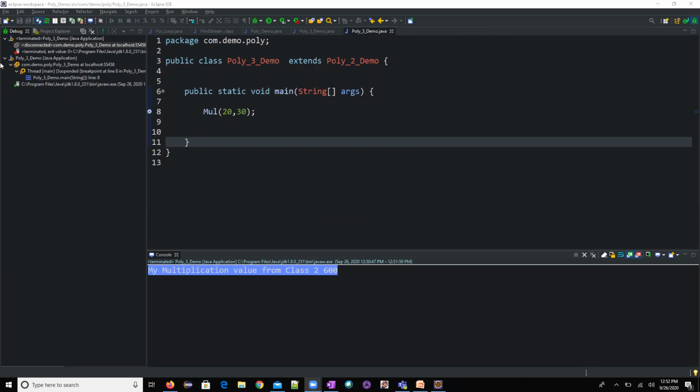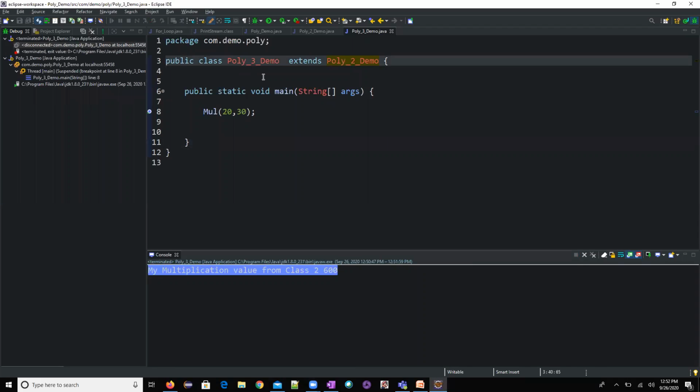One doubt. For class 3, the superclass will always be class 2 only, right? No. What is your immediate parent? That is the superclass. See, now this is your parent: my grandfather, father, me. If you ask me who is your father, I will not say my grandfather's name, I will say my father's name. Similarly, if you ask what is the superclass for this one, it is this.